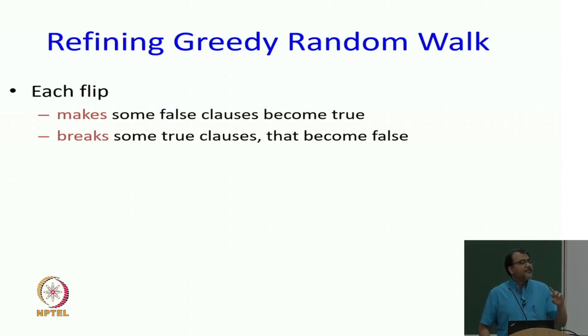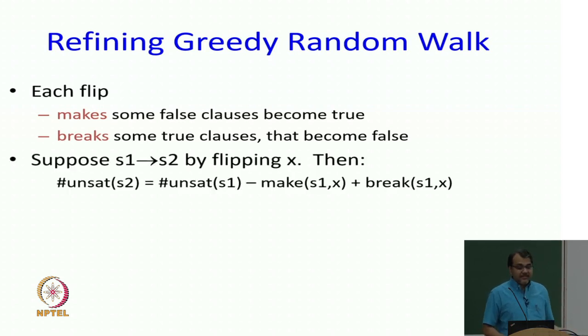When I made a flip, some false clauses became true and some true clauses possibly became false. The number of false clauses that became true is the makes function, and the number of true clauses that became false is the breaks function. And whenever we make any flip, let's say we go from a full assignment S1 to an assignment S2 by flipping X, then actually what has happened is the number of makes